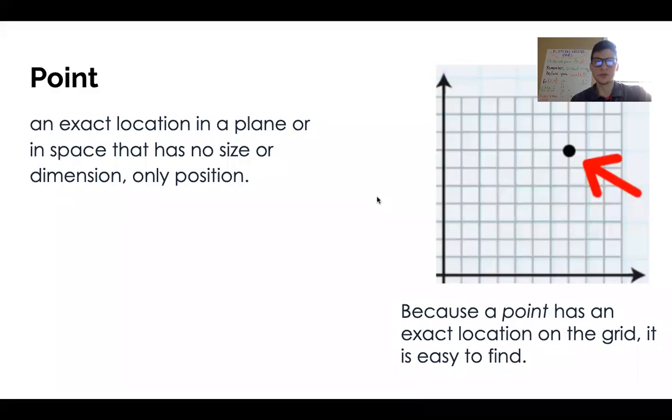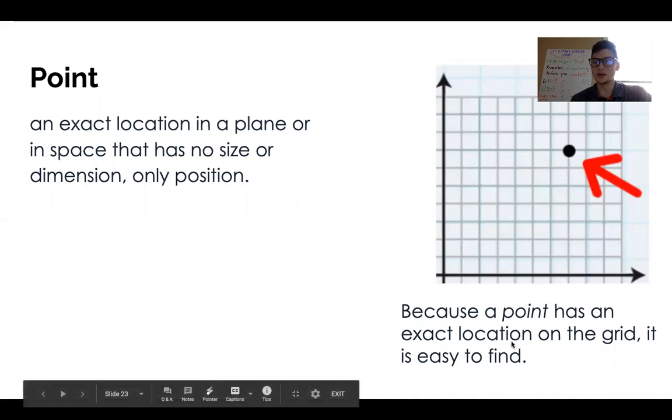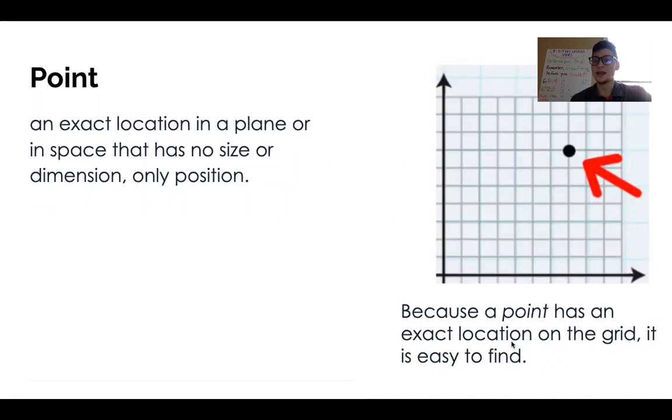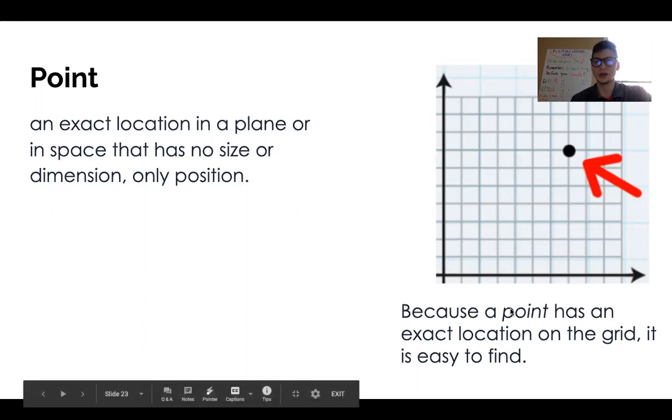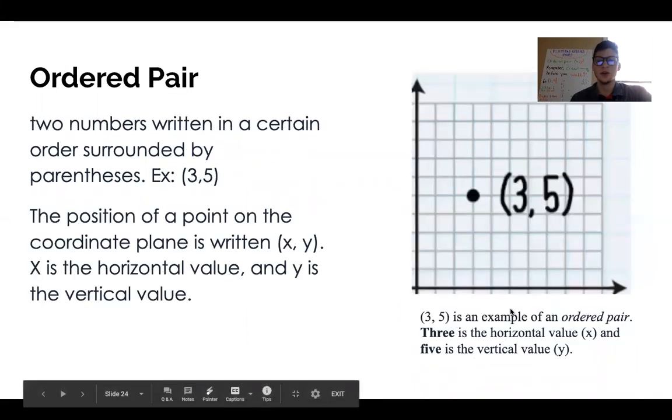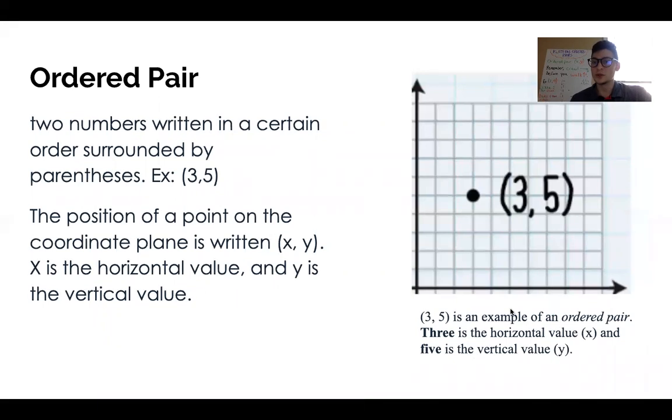So let's review some vocabulary. Remember, a point is an exact location in a plane or in space that has no size or dimension, only a position. So the arrow is pointing to an example of a point in a coordinate system. A point has an exact location on the grid, making it easy to find if we know how to determine its coordinates. Now, to determine its coordinates, we need to understand that the point is an ordered pair, okay, which